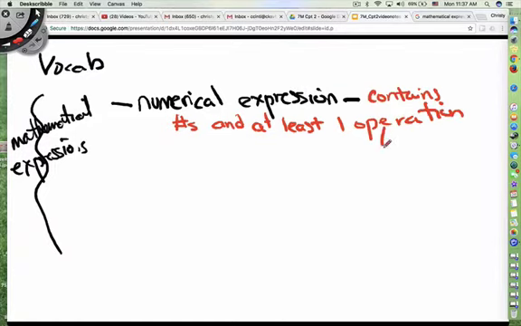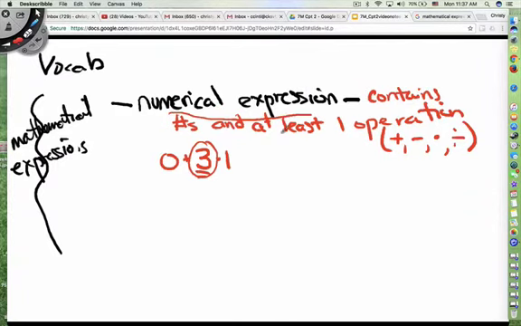Okay, one operation meaning addition, subtraction, multiplication, division, any of those guys, okay? And remember that just 3 by itself would work because 3 implies the 3 times 1 or 3 plus 0, any of those things. It will still give you that 3. So 3 by itself can be considered a numerical expression. It's a little bit of a waste of time that way, but 3 plus 2, any of those would be